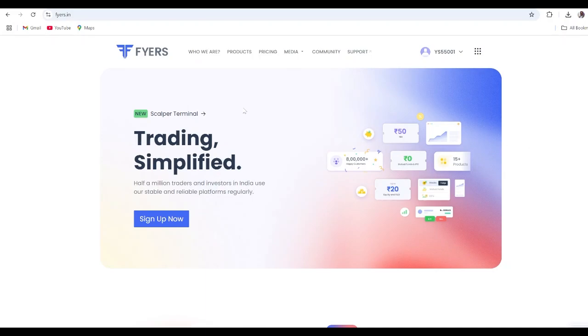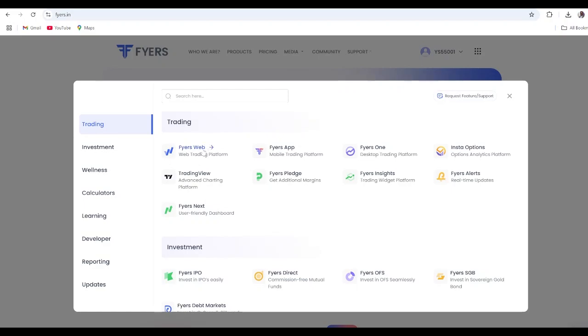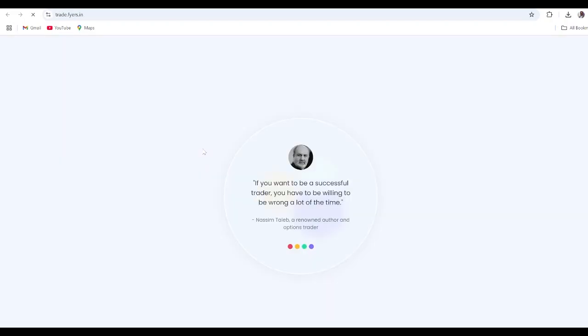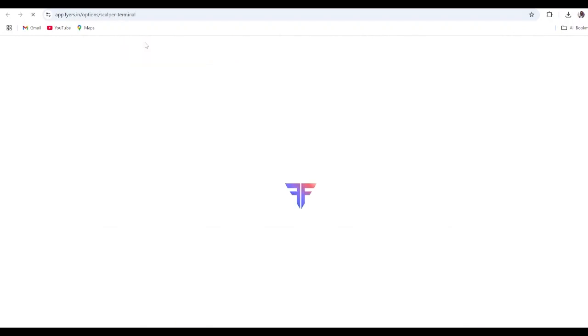First of all, you log into your Fyers Terminal, click here and just go to Fyers Web. I'm basically showing you how to access the terminal. This particular screen will open. Here you will see something called Visit Scalper Terminal. So if you click